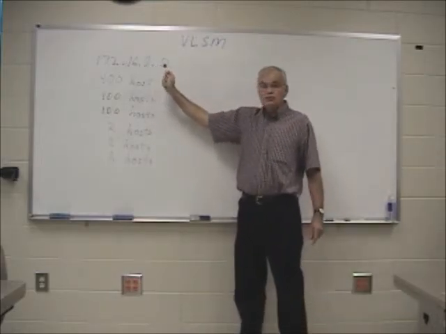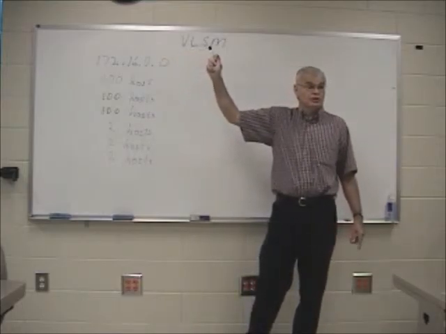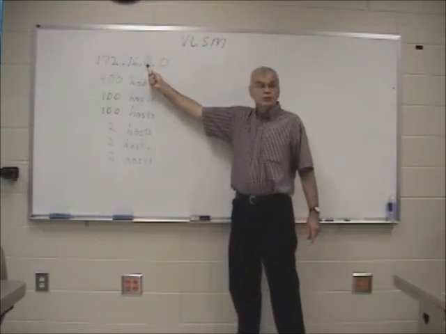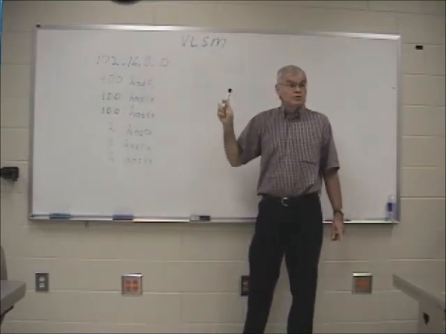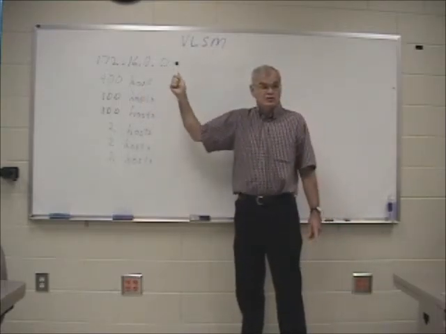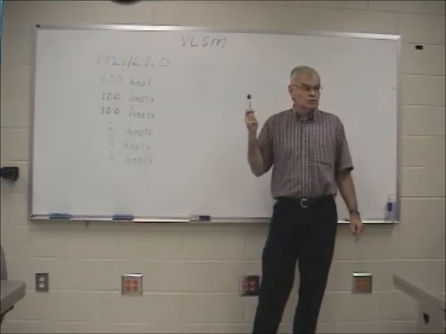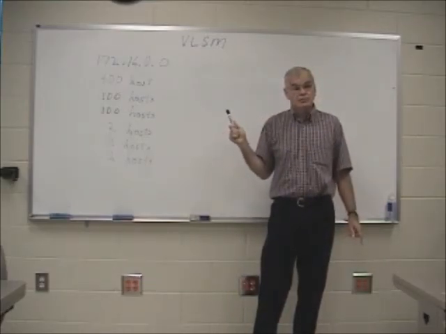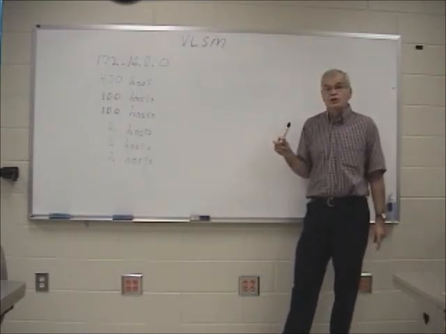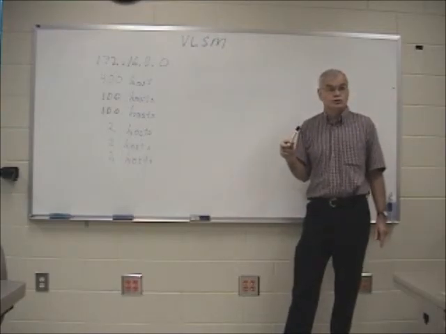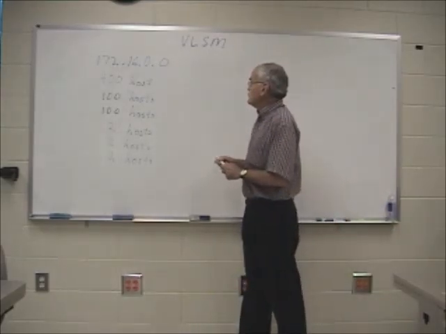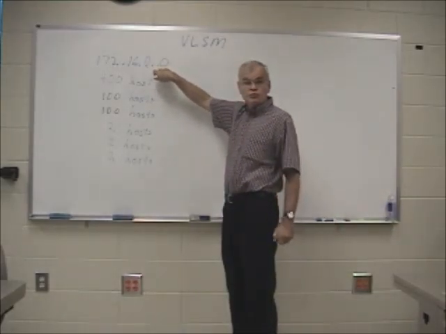Class B address, so the last 2 octets are available to us, their host area. What we're going to do with subnetting, you can remember, is we're borrowing from the host area to create subnets. Because we know how many hosts we want, we're going to count from the right to the left. If you were given the problem instead, if you needed so many subnets, remember you count from the left to the right in reverse binary counting. But usually when you do VLSM, you're dealing with number of hosts, not subnets. And so that's the way we're going to go with this one. So if we look at this one, it's just the last 2 octets we're dealing with, so let's just